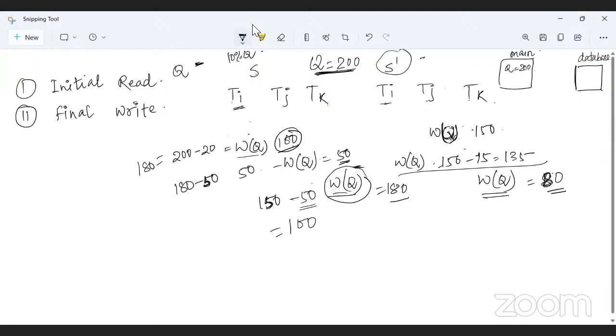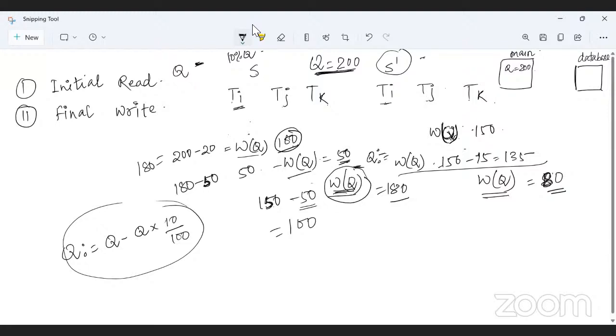And whatever you told me, that Q minus, that operation you have to define, some operation. Suppose Q equals Q minus 10% of Q, and then WQ. But here you can see that is not defined. Only Q is there, meaning whatever value I want, I directly write into that. So I think you